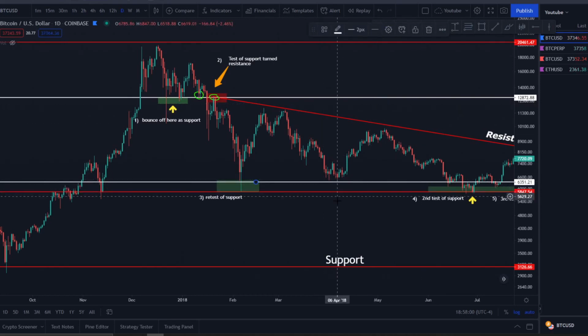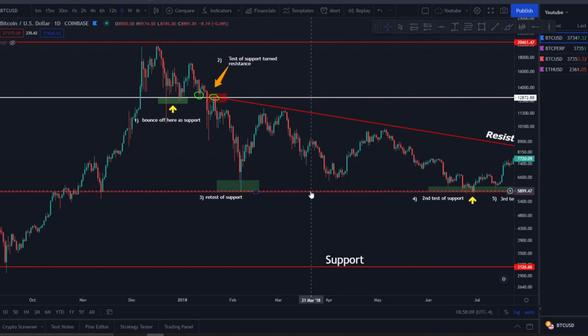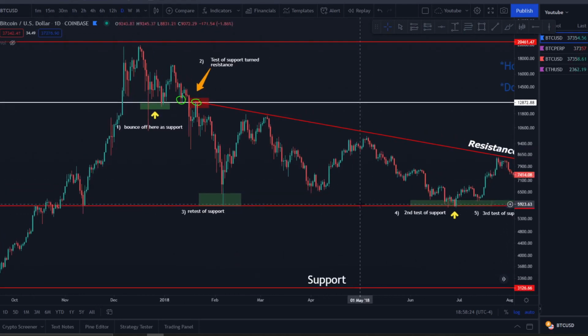So between 5,800 to 6,300, it can be a range, because sometimes, even though 5,847 is the support, it gets front ran, which means before we actually hit the support, kind of like right here, it gets bought up before we can actually touch the support. That's called being front ran. So this 5,847 support line got front ran, and then we bounce back up,